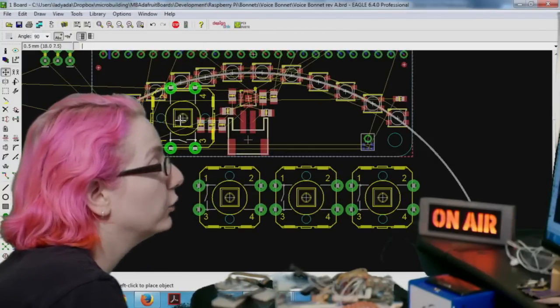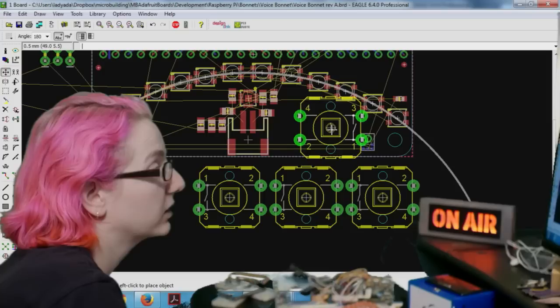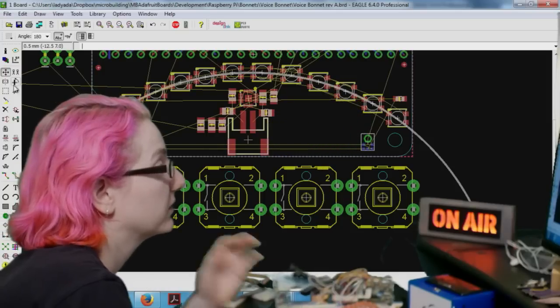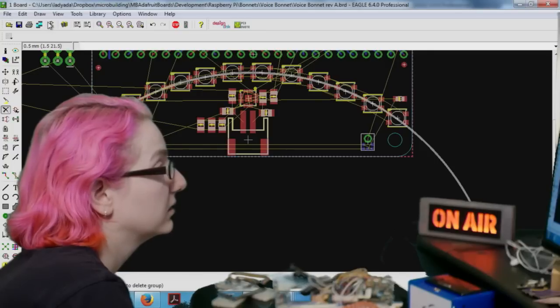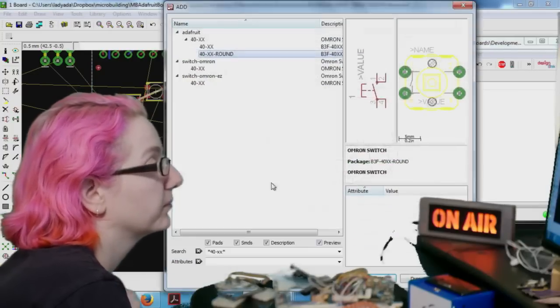So you can put only 2 really big buttons and move things around, or I can pick smaller buttons. I think I should pick the small buttons. I'll pick some smaller surface mount buttons. Let's pick some